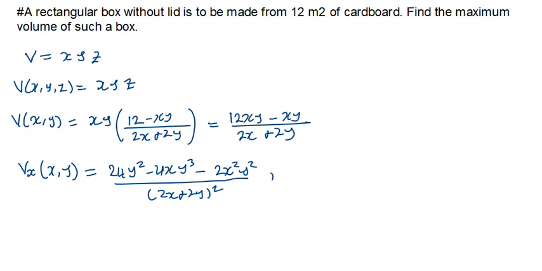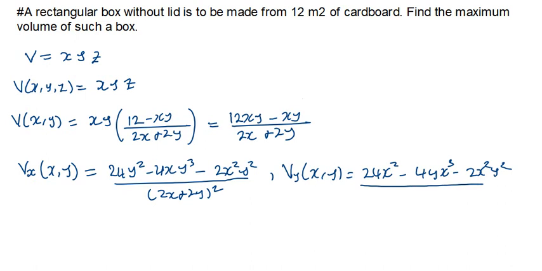So Vy at x comma y equals (24x squared minus 4yx cubed minus 2x squared y squared) divided by (2x plus 2y) squared. Remember, to determine the critical points,